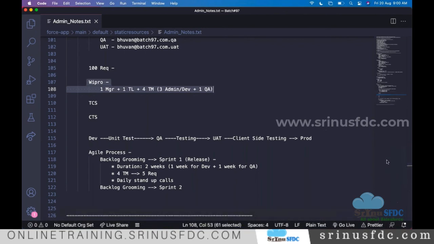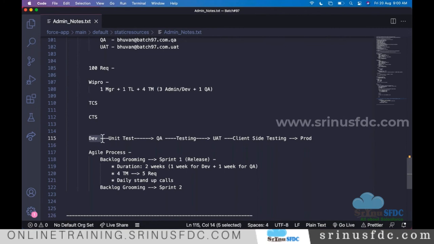Sorry, Shinu, like Dev and QA, is there a separate login for admin also, or do they use the Dev login? They work on the same project, so they use the same login. Let's say someone is working on admin; it's nothing but, in the same project, they are doing the configuration. A developer does configuration plus development.